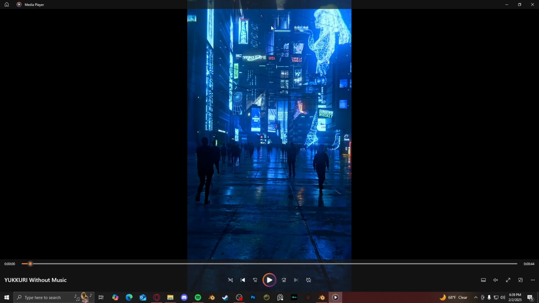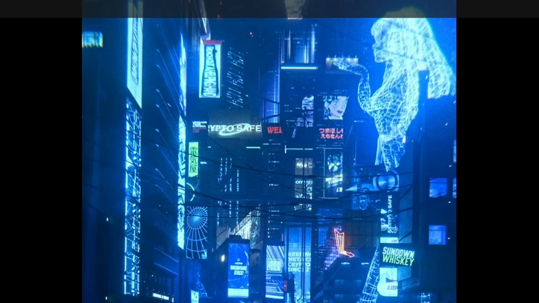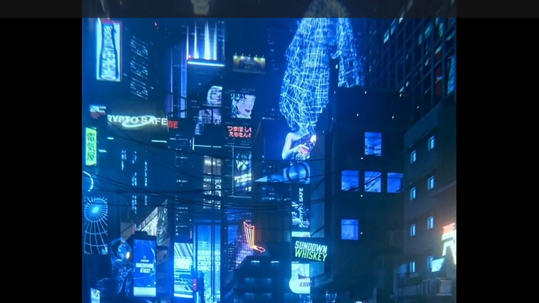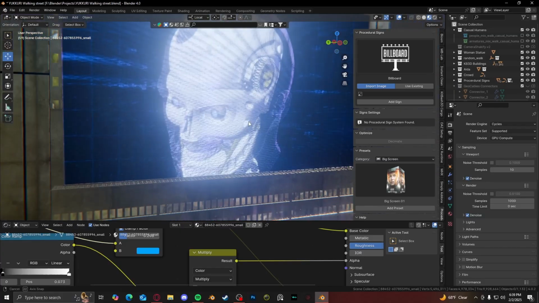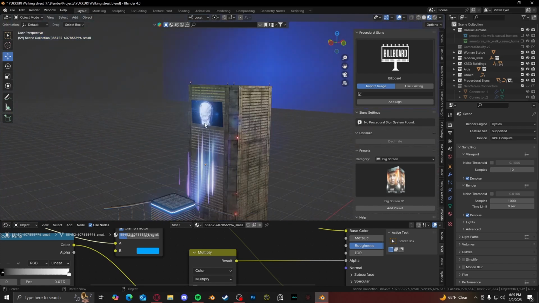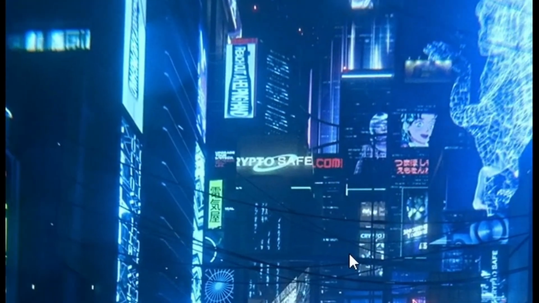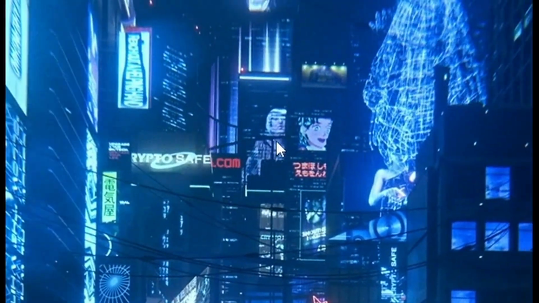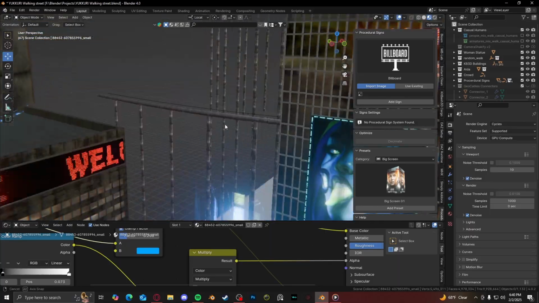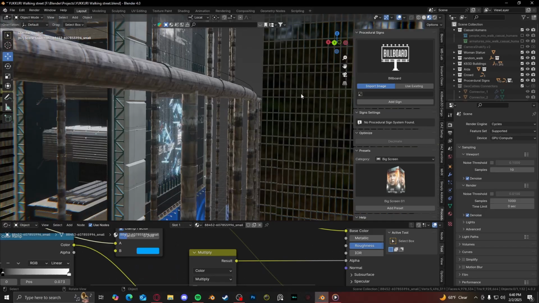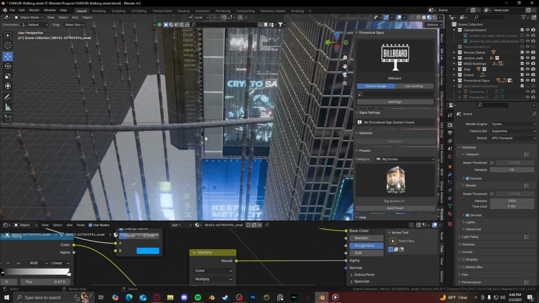It looks good for a background scene because it gives it kind of this glowing moving effect right here. You can see that. And then the last billboard is just again found from pexels.com, and this is also from the same website. Just type in Cyberpunk girl, and you just see her moving back here. Yeah, that's that. And then these right here, I wanted to have giant pipes just moving through the city for that